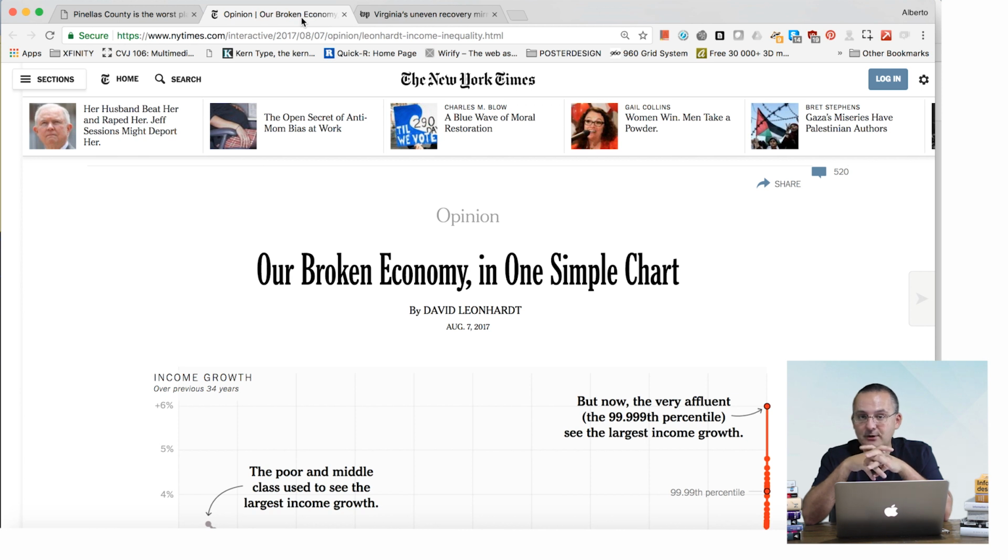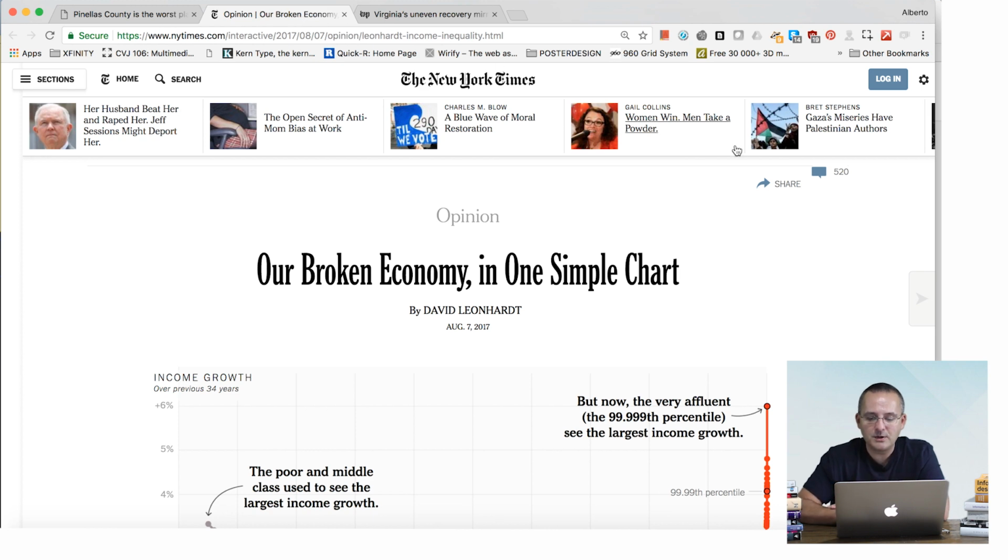But recently, they also hired one or two designers, I believe, to create charts and maps for the opinion pages. So right now, some of the columnists who write for the opinion pages in the New York Times can illustrate their columns with charts and graphs designed by these people. One of my favorite ones in the past few years is this opinion page titled "Our Broken Economy in One